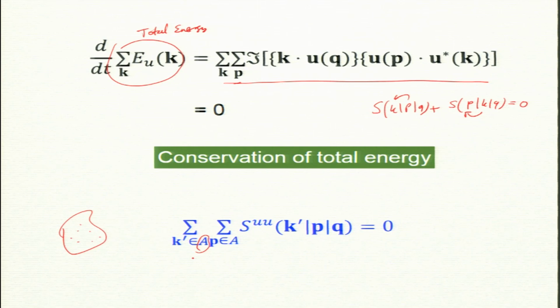So, the set of modes is A, and if I sum over k prime and p, again there will be pairs, and when you sum them up you will get 0. So, this is true even for a set of modes, if you keep only a subspace of those modes. Okay, this is a useful quantity. By the way, please keep in mind this is only for hydrodynamics. If I include a magnetic field, that may not work. This is a proof. Is that clear? And this will follow from this relation: A to B is the same as B to A with a negative sign.